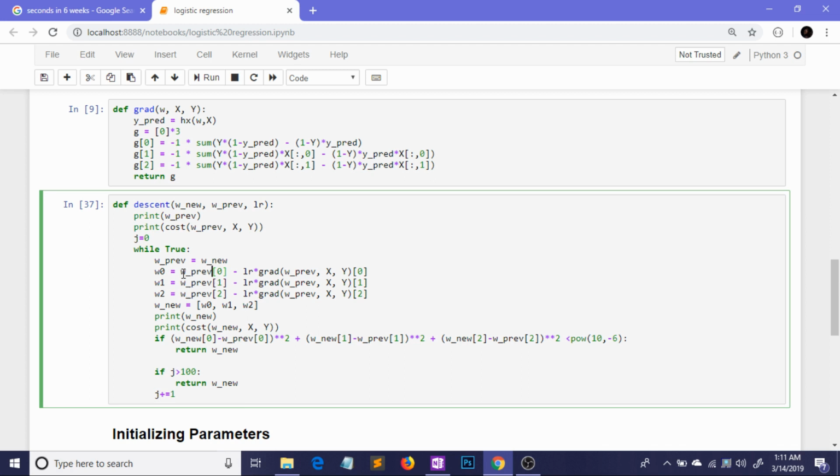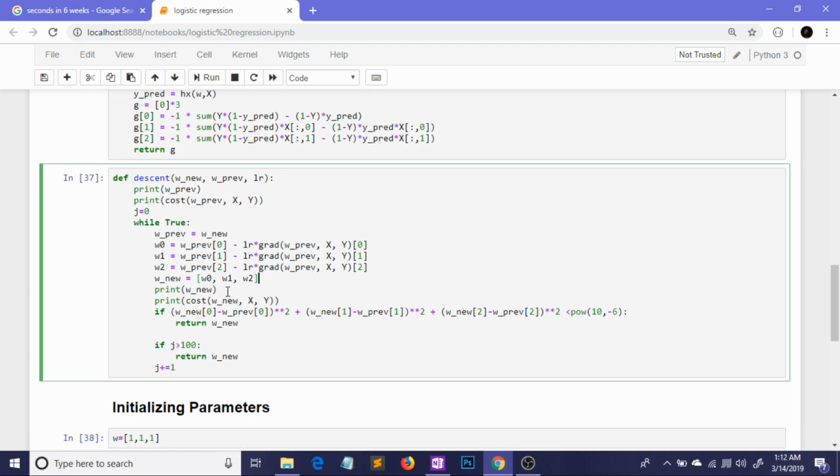And the formula is pretty straightforward for any gradient descent algorithm, that is, w_new = w_prev minus learning rate times gradient, that is the partial derivative of J with respect to w0. And in these two cases, w1 and w2, we are just going to replace the 0 by 1 and 2, and here we are going to update the w_new, that is, we are going to update our weights in one go, simultaneously, and after that we are going to print our updated value of w and the cost corresponding